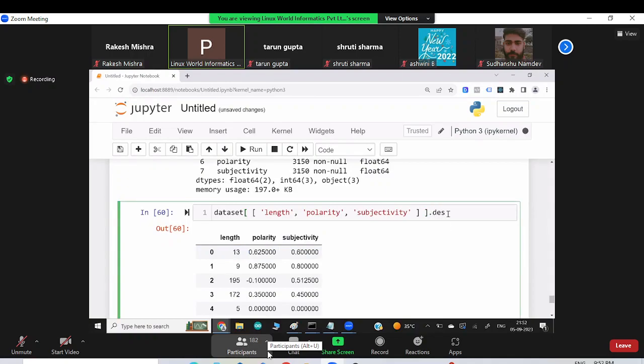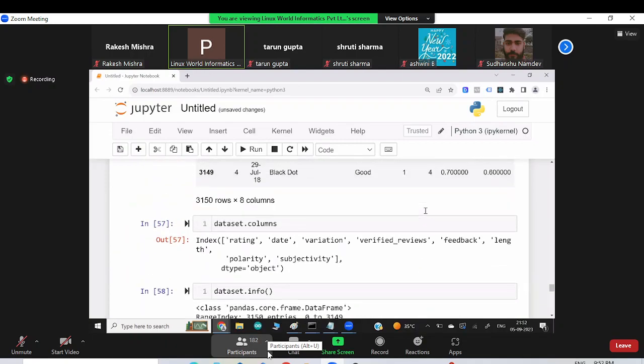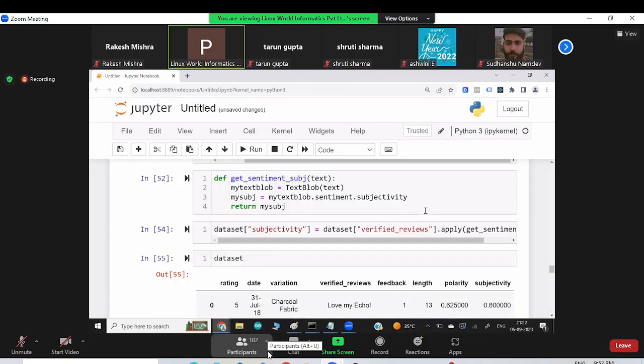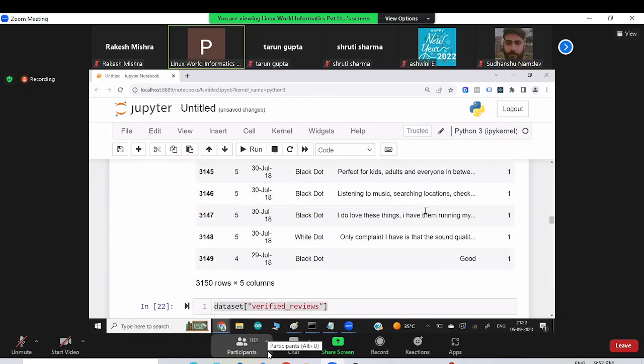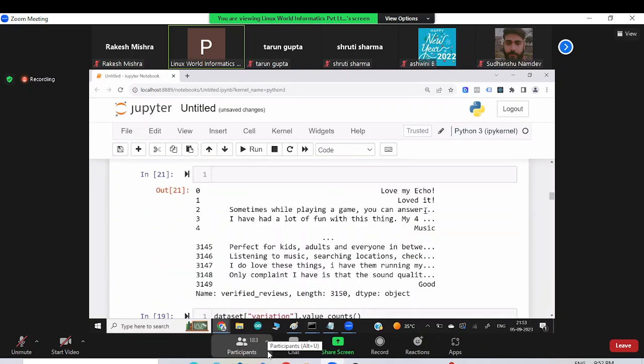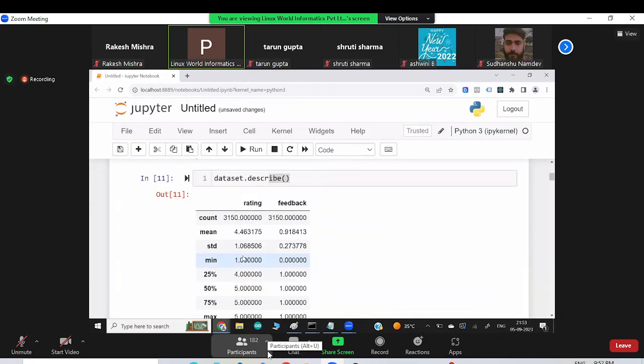You know, last time I used the describe command, it said I can't properly describe it. Because when we're describing something, it can describe only the numbers properly and give you the max, mean, average, and all things only on the number part.